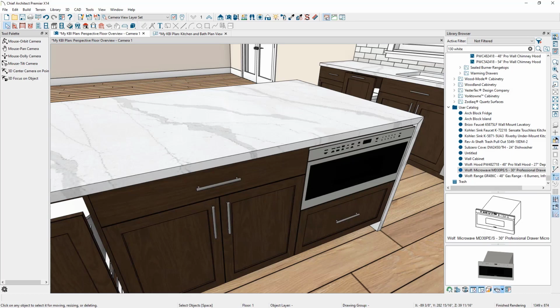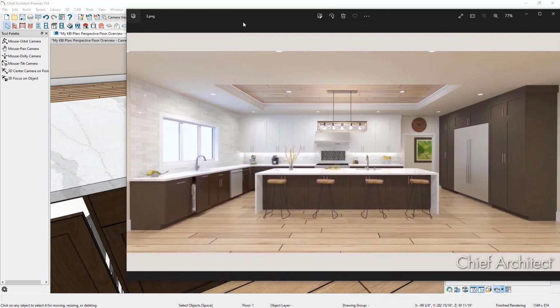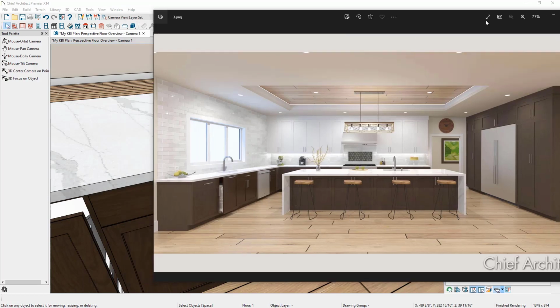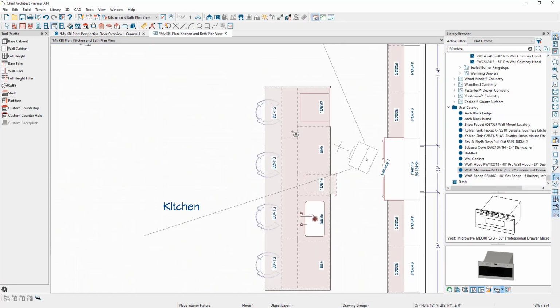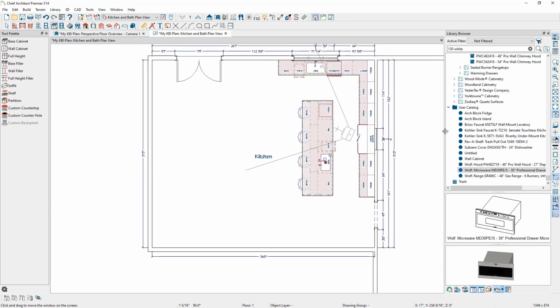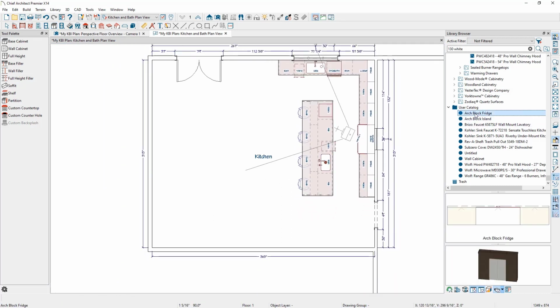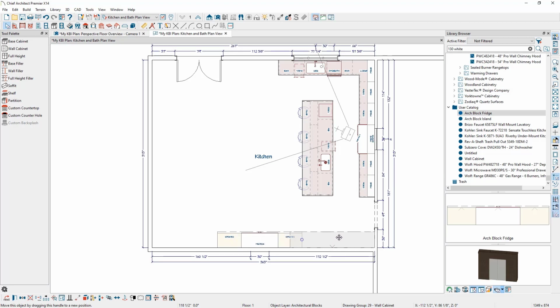If we take a look at a photo of what the finished design looks like, next we need to get full height cabinets and a fridge and freezer along this wall. And I already have these items saved as an architectural block. So I'm going to come into the plan view to add them. Zoom out a little bit, select the architectural block I have, click once in the plan, and then I'm going to position them so that they're up against this wall, and then push them into the corner,